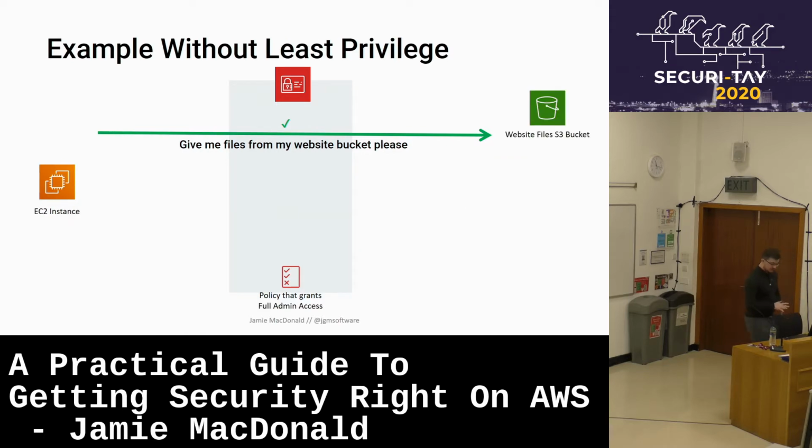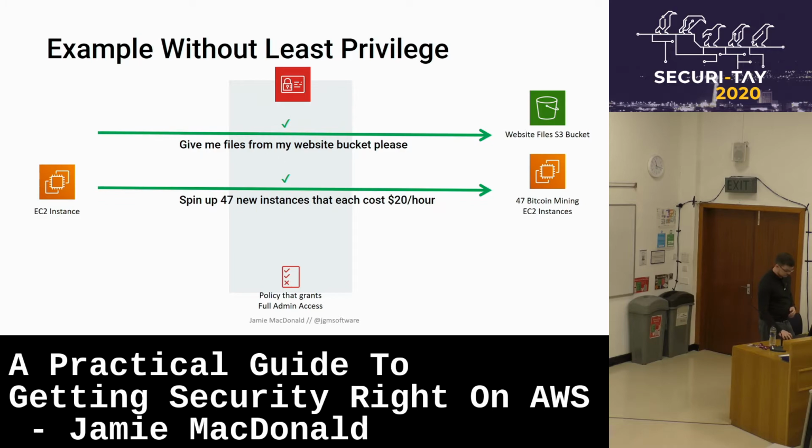Let's now change the scenario a bit. The compromised instance has an IAM role that just grants it full admin access for everything. And let's put ourselves in the shoes of an attacker who has compromised this instance. Maybe the full admin access got added when devs were trying to debug an S3 issue and it just never got taken away. It's quite common. It's the sort of thing that's easy to overlook. So we're going to use the command line again, request some files out of the S3 bucket, and that's going to work because the IAM permission lets them do that. But now we can also try and spin up some EC2 instances, and that's also going to work